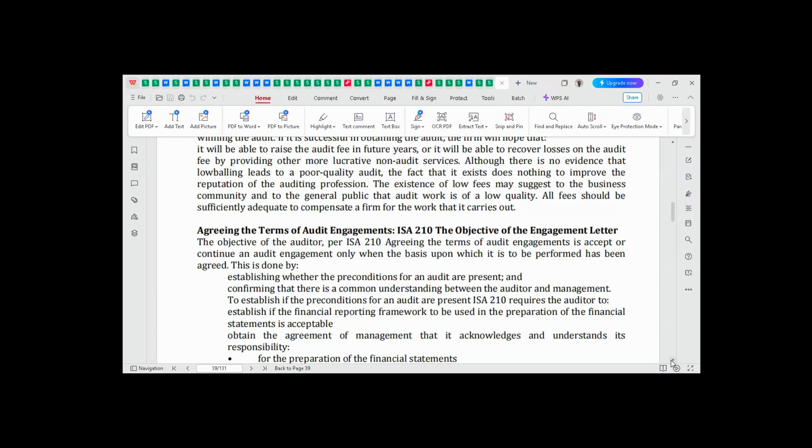Because this document will give you the mandate to proceed with the audit engagement, right? So that is the first thing. Now, before this letter of engagement or engagement letter is signed, there are some activities that need to be checked